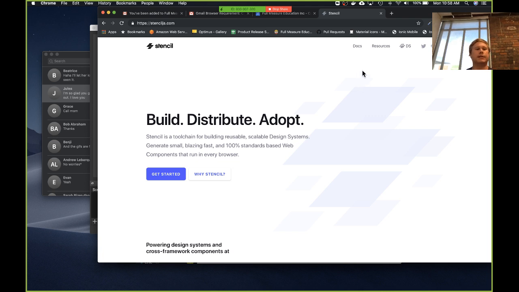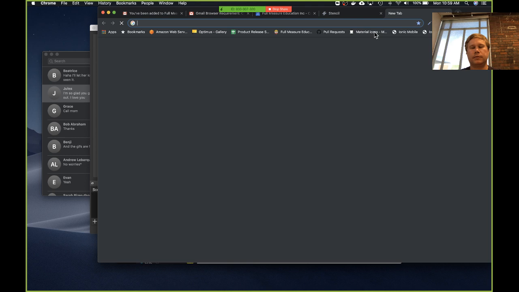You also get access, if you set it up correctly, and I'll show you how to do this, to all of the Ionic framework components that already exist. So,